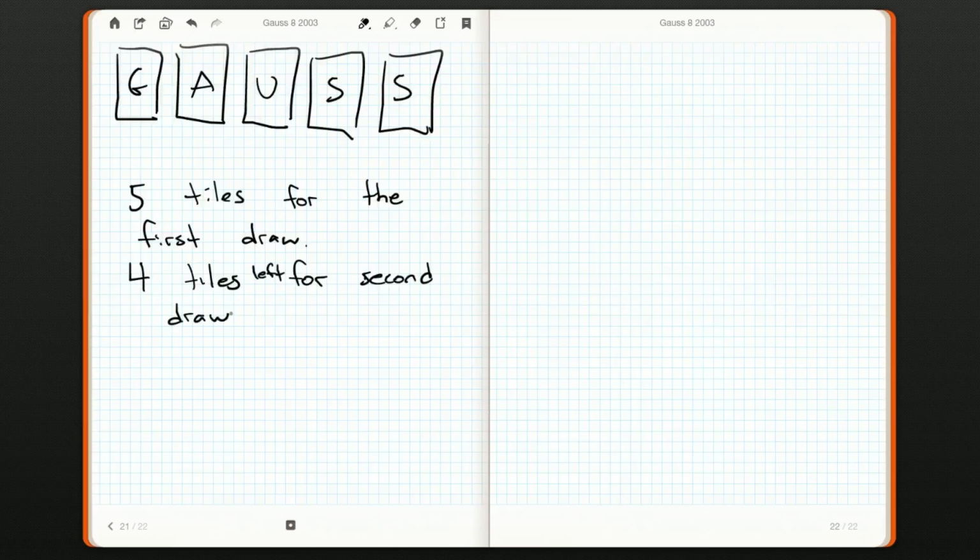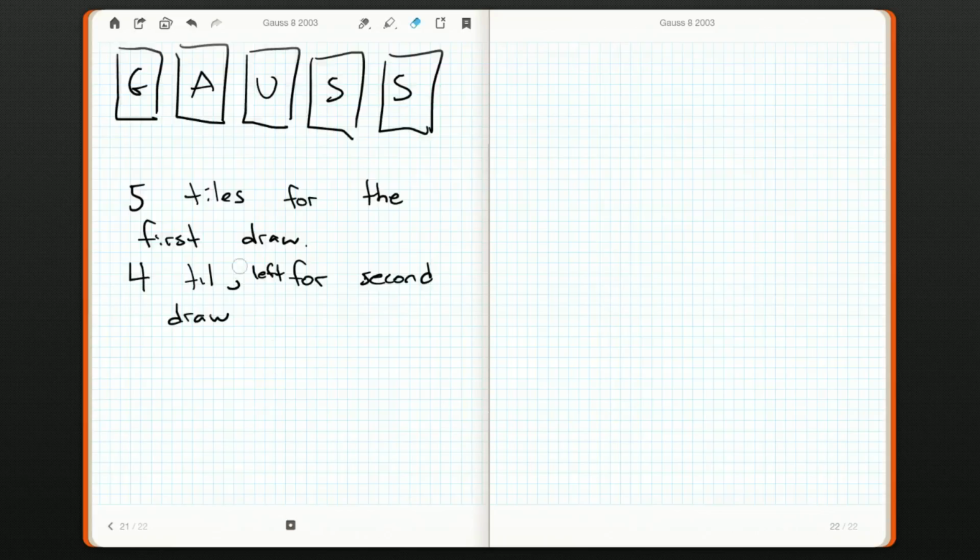And then she'll have picked her 2 tiles. Okay. So that means that we have 5 choices for the first one, 4 choices for the second one. So that means overall we've got 20 choices for first tile, second tile, but